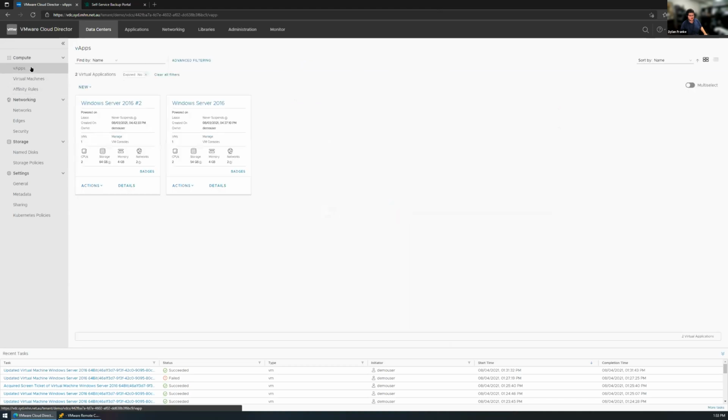Moving to the VApps quickly. So I touched on these a little bit. These are essentially containers that you can bundle VMs into. You can either create a VApp per VM if you want to, or what we've seen other partners do is have, say, a management VApp where they'll have all their routers and management VMs, and then a terminal servers VApp where all their customer workloads are. So it just depends how you want to package that up.